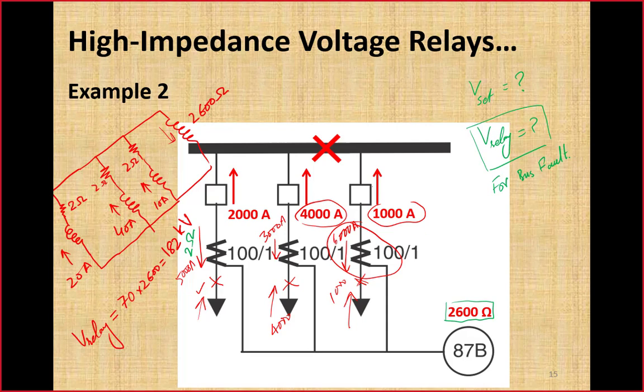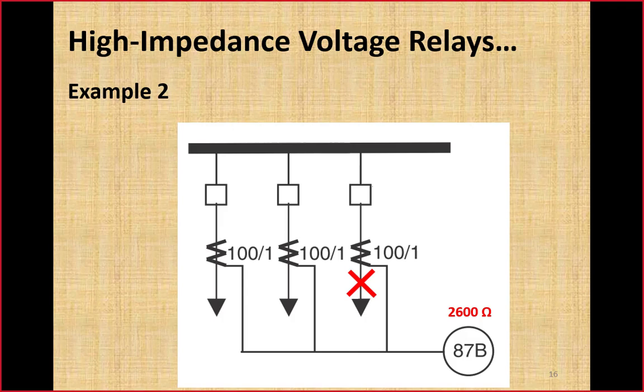So how to decide among many available circuits which would be the worst condition? The circuit which is contributing least towards the fault, in that circuit if a closing external fault occurs, will have the worst situation. So in our bus fault, this circuit was contributing just 1000 ampere, but when a closing external fault occurs, that will be the worst situation. It means 6000 ampere is being carried by this CT, and chances are highest that CT may get saturated and voltage is highest across the differential branch. Now redraw this diagram and solve the example for V set and V relay.